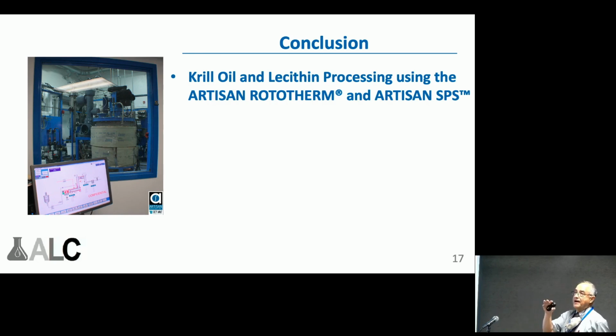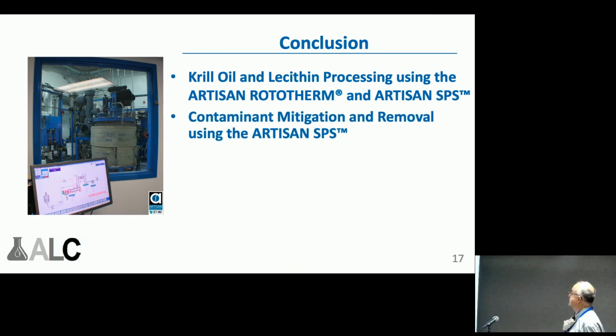We can adapt rectification towers, so we can play around with the concentrations, and we have the short path stripper that is for larger volumes, if that's what we want to do, with internal condensation and as many theoretical plates as necessary for us to achieve our objectives, basically. So we can refine very efficiently, process krill oil and lecithin products. We are able to mitigate all of these oils with contaminants such as dioxins and MCPDs and GEs,